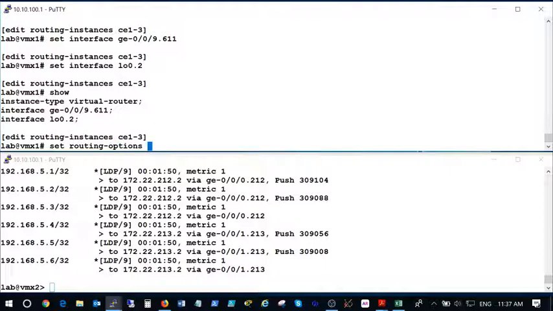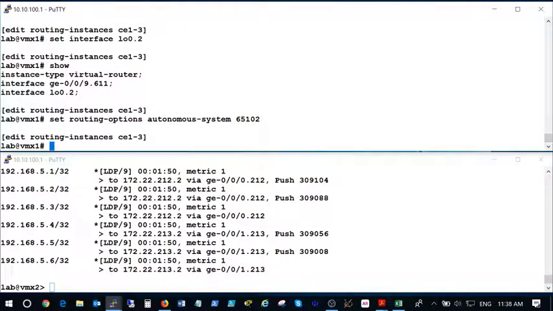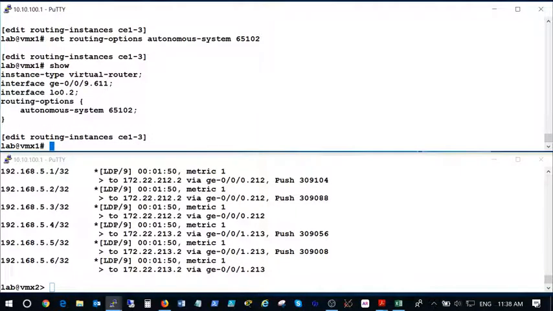Set routing options and autonomous system number. Let's look at our lab diagram. It's going to be 65102. Okay, so there we've got an autonomous system number set up,